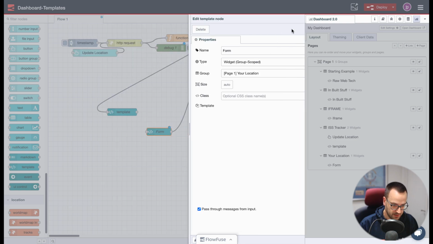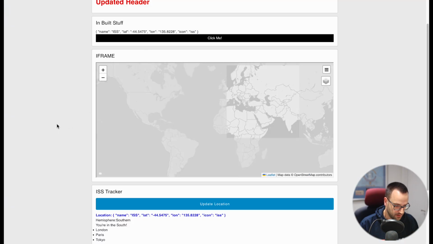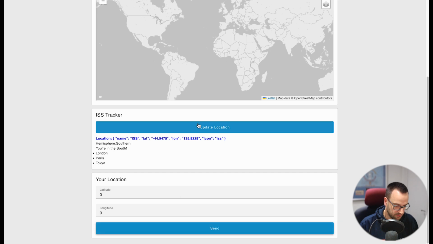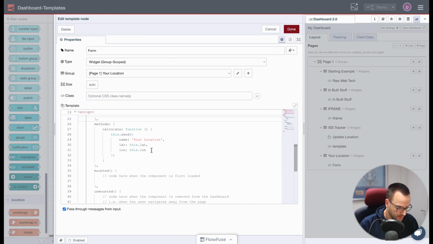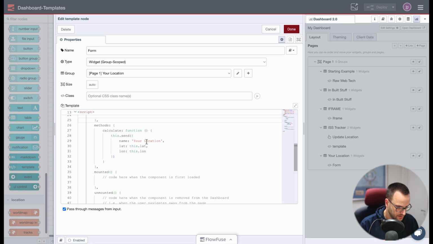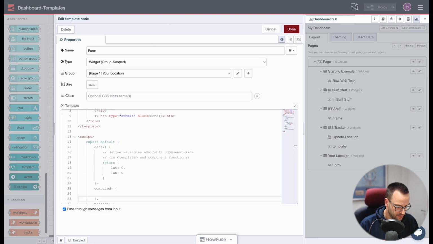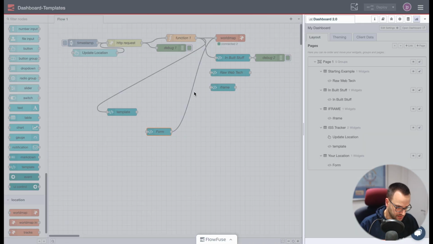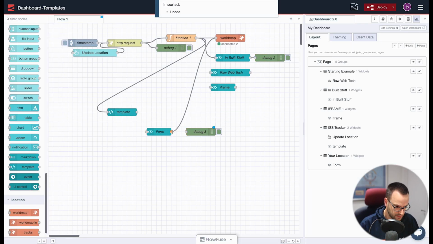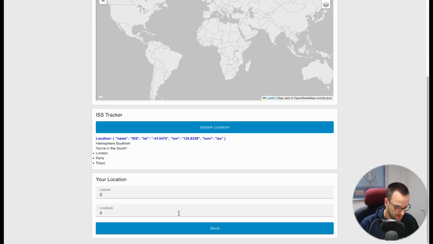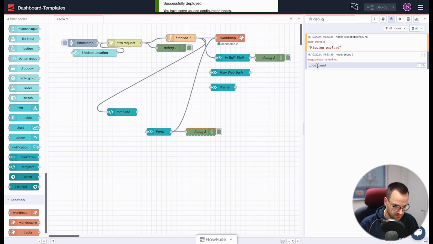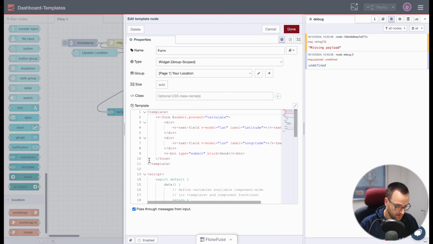So now, if we go in here and hit deploy, and go up to our thing here, if I just hit send, that did nothing. Well, it's not good, it's broken. Why is that broken? This.lat, this.long. Let's just check that actually emitted first. So is it going to go to our debug node? Clear our debug. Send. Undefined, so that's always good. It is because